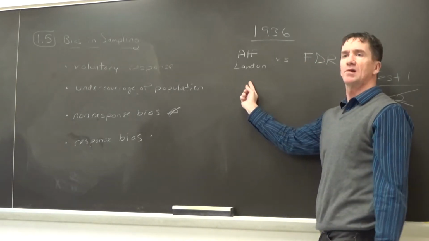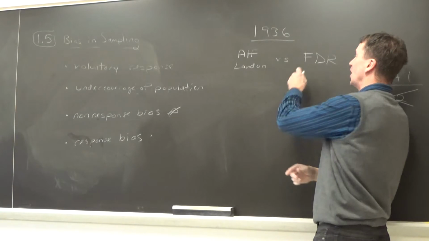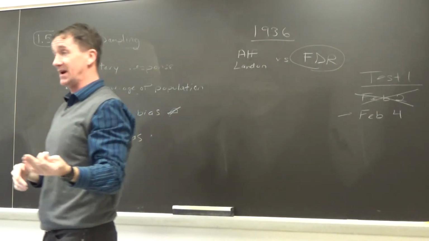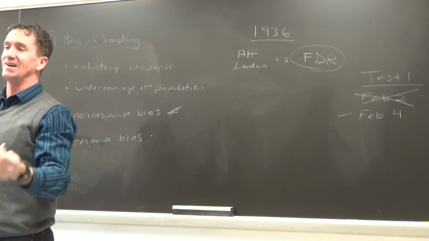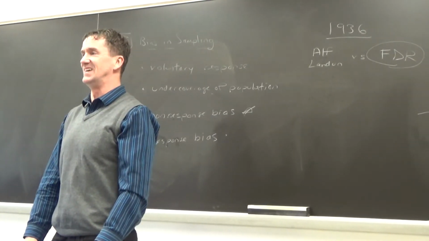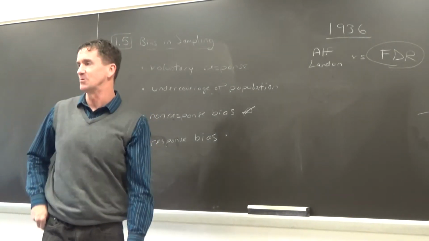Now, does anybody remember our President Alf Landon? No, they totally got it wrong. Do you agree? FDR won, but they had Landon predicted as the winner. A lot of money spent on this, true? That's why now we're like, what happened to him? Yeah, it kind of knocked them out, didn't it? It didn't go so well for them. So what's going wrong? They thought they had it right. Well, there was major bias in there.